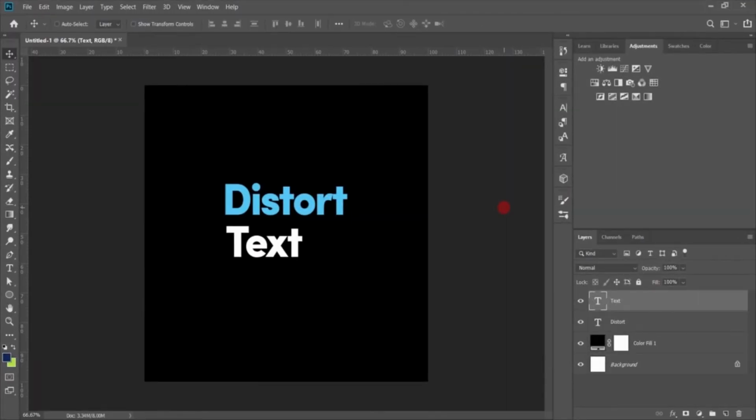Today I'm showing you guys how to mess with text, distort it, and make some cool, interesting looking things that you are sure no other person will be doing, for whatever purpose: flyer, design, business card, whatever marketing material you need it for. Let's get it started. Alright, so we're here in Photoshop, and